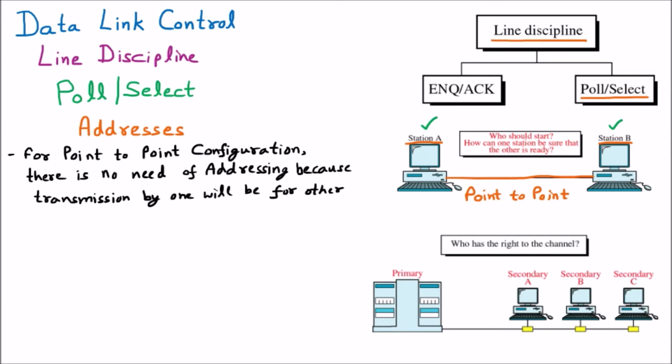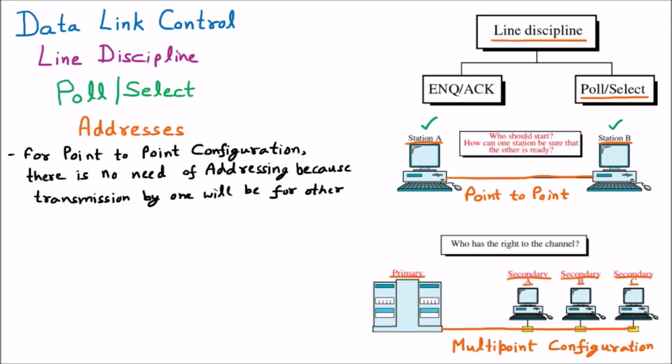Now we have another type of system, which is primary and secondary, and that is called the multi-point configuration. Talking about the multi-point configuration, one is the primary, or we can assume that one is the server, and the others are secondary: secondary A, secondary B, secondary C. So these are the three secondary systems. Now secondary will follow the instructions of primary, and they are all connected with a single wire. If they are connected with a single wire, they cannot send together, meaning B and C cannot send together. Only one can send at a time, and that will be decided by the primary.